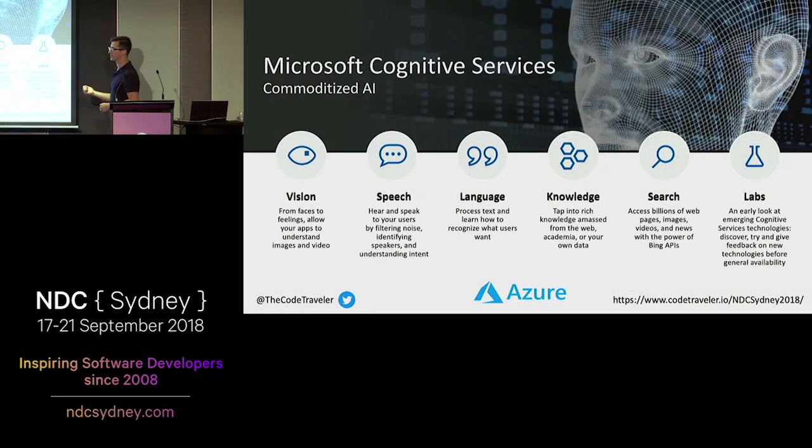With Microsoft Cognitive Services, what the team has done is essentially commoditize artificial intelligence. We've taken what was science fiction 10 years ago. Think back to those sci-fi movies, right, where somebody would unlock a vault by saying a secret passphrase or open a door by scanning their face using facial recognition. 10 years ago, that was really hard to do. You had to hire teams of machine learning experts. You had to pay them a lot of money to build all these models. But now, they've essentially become commonplace.